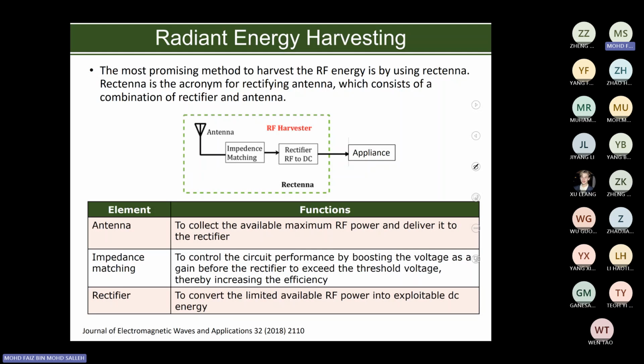This is one way that we are using the rectifier. We have the antenna, then the impedance matching, and then the rectifier, and then you can produce electricity. There are several works that have been done in order to produce electricity from this kind of system. But usually,